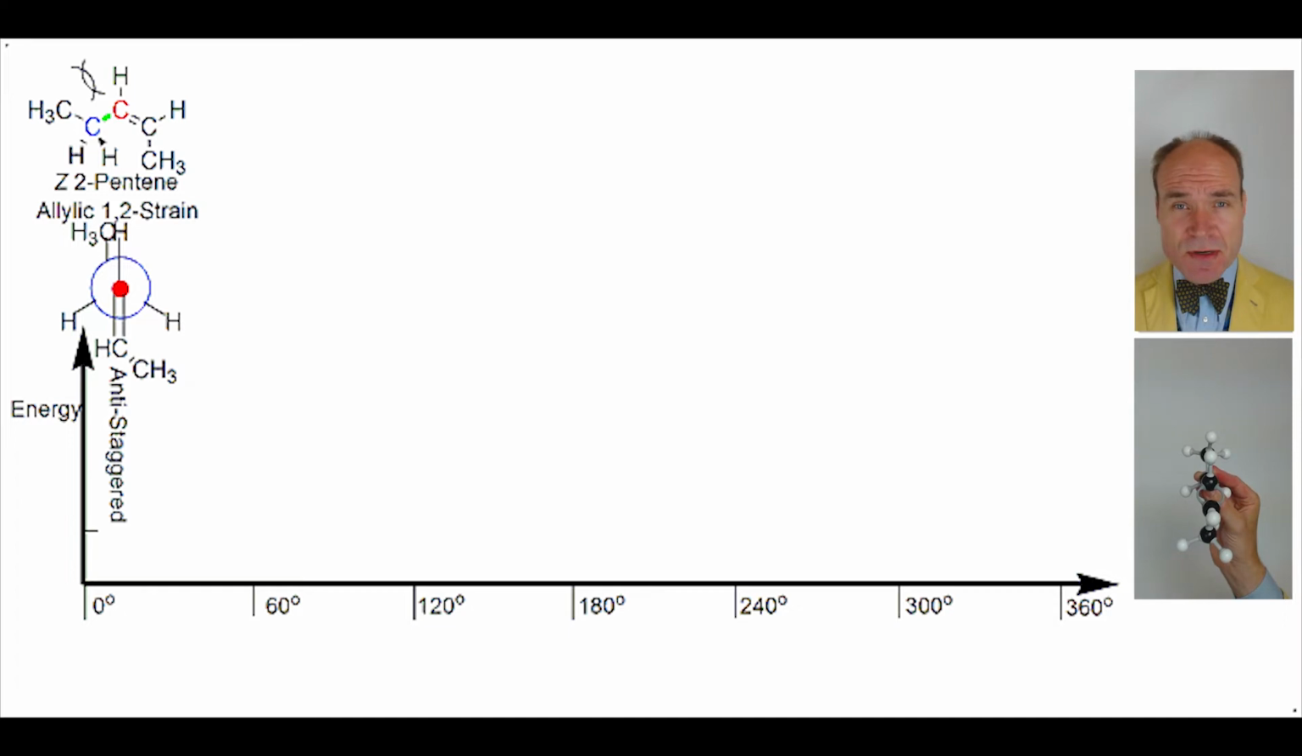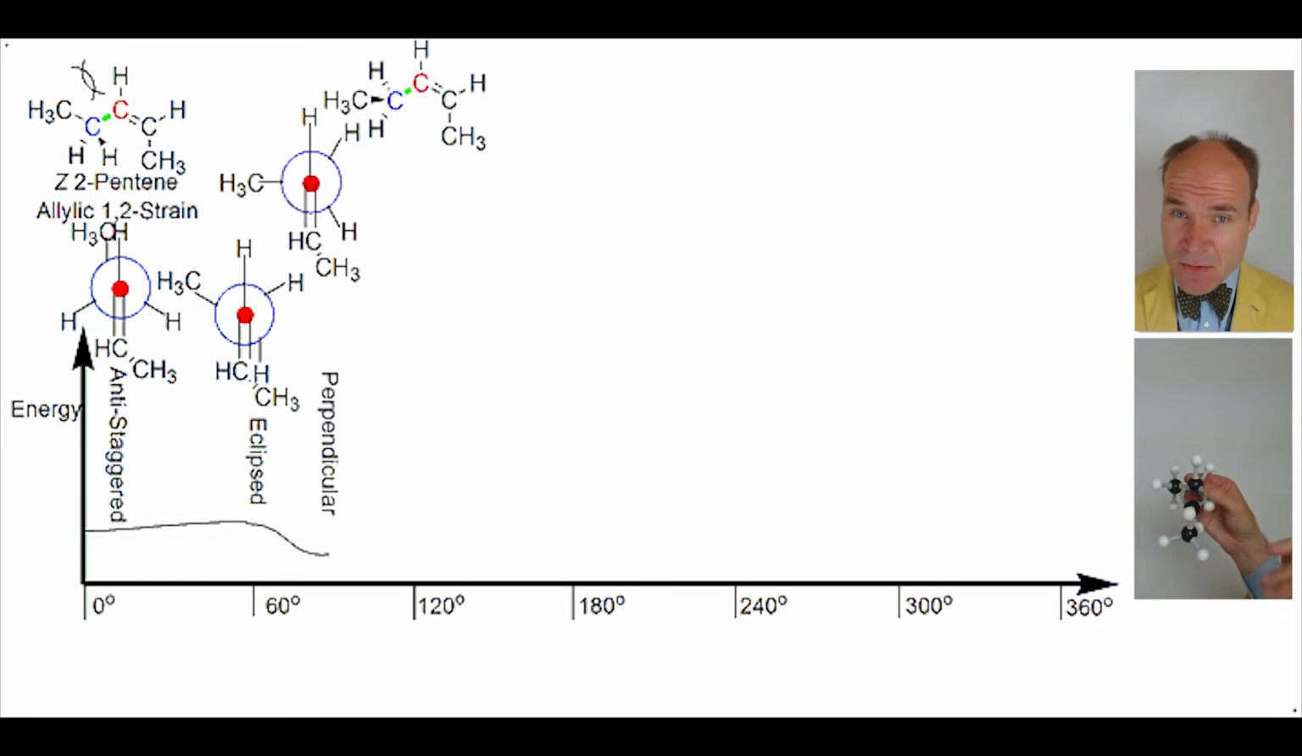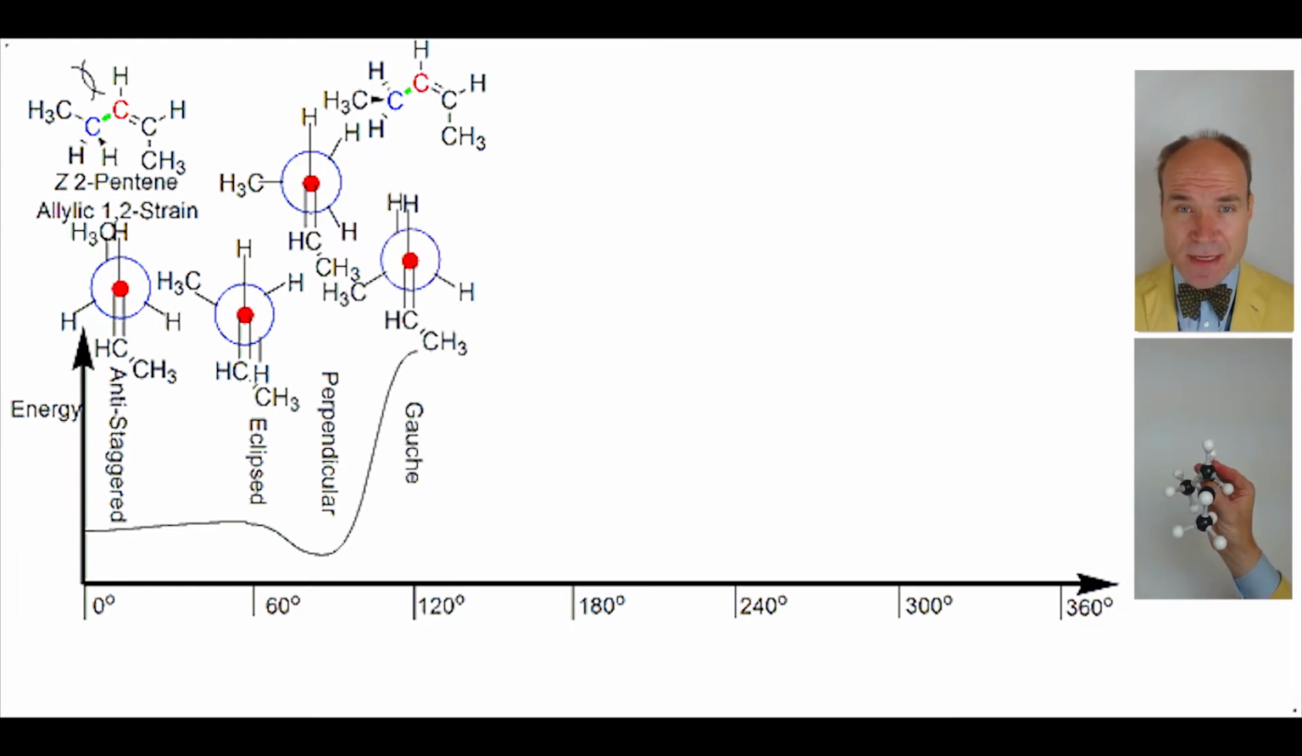Carbon-3 blue is rotated by 60 degrees anticlockwise to an eclipsed conformation that has a dihedral angle of 60 degrees, with a very slight increase in energy. A 30 degrees rotation gives the lowest energy perpendicular conformation, with a dihedral angle of 90 degrees. A further 30 degrees rotation goes from the lowest energy to the highest energy gauche conformation, having a 120 degrees